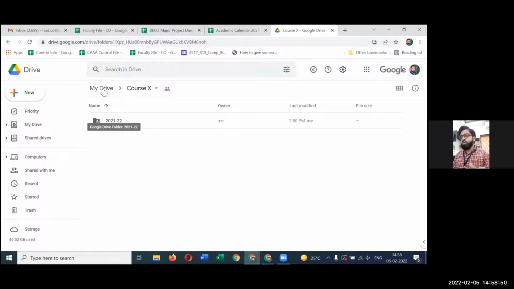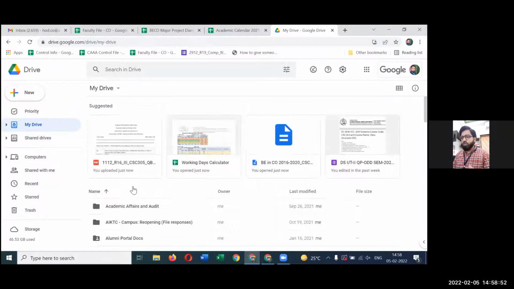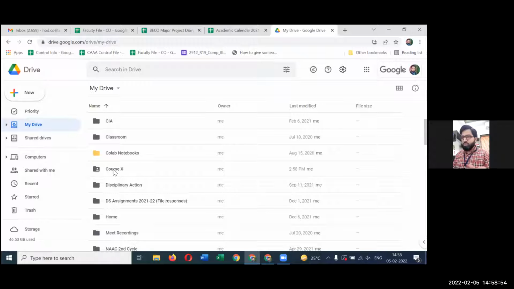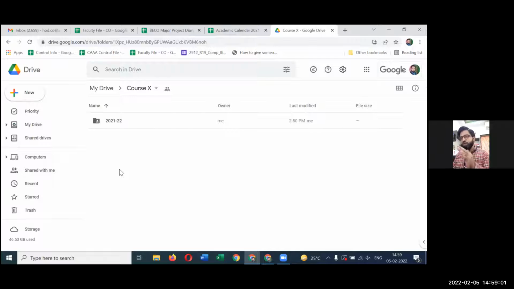What is important to understand कि top level पे जब हम sharing apply करते हैं, for example, I have applied the sharing at this level, course X. अब course X के अंदर जितने भी folders है, जितनी भी files है, सभी के ऊपर same sharing has been applied. I repeat, same sharing has been applied.